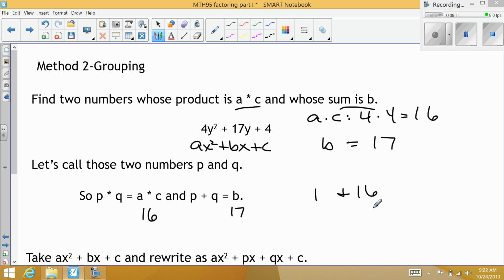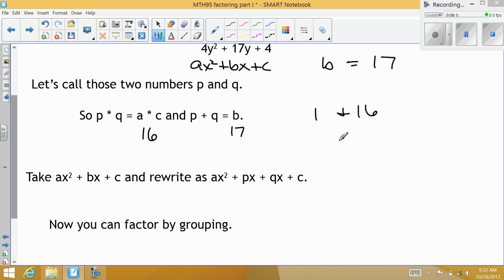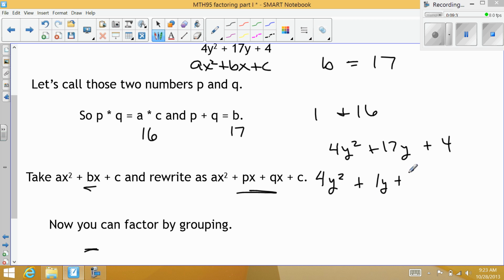Now these are not going to be part of my answer, but what I'm going to do is take these 2 values and expand my problem. So my original problem is 4y squared plus 17y plus 4. And I'm going to expand the b term into p plus q. So I'm going to rewrite it as 4y squared plus 1y plus 16y plus 4. I now have 4 terms, and when we have 4 terms, grouping is the method we like to use. So if I now factor by grouping,